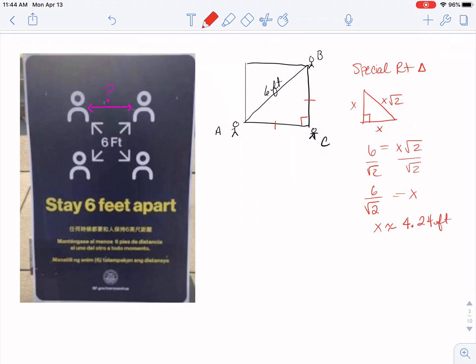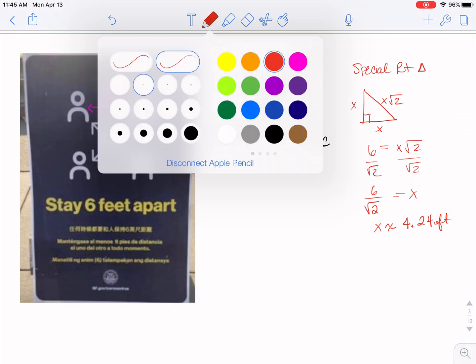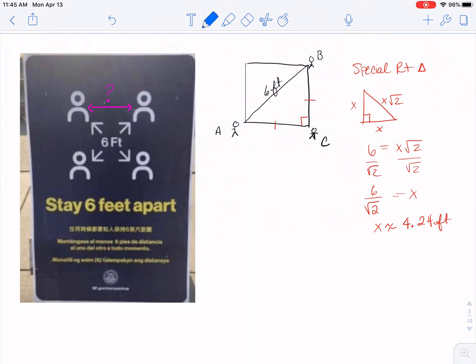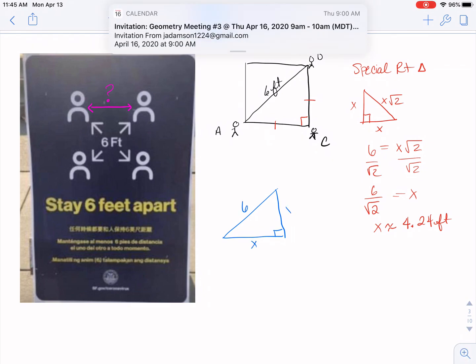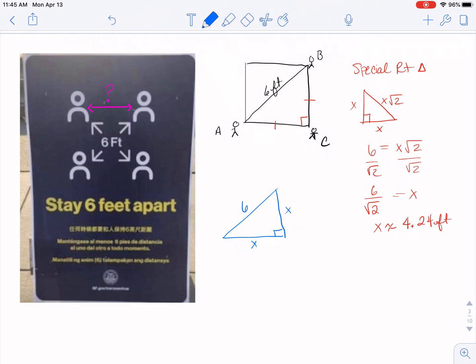Are person A and C and person B and C maintaining the social distancing guidelines? Very clearly we can see that they're not. Now, another way to think about this, we'll see if you guys remember this one, is to think about this as the Pythagorean theorem. We know that these two things are the same, right? So since those two things are the same, we could say x squared plus x squared is equal to 6